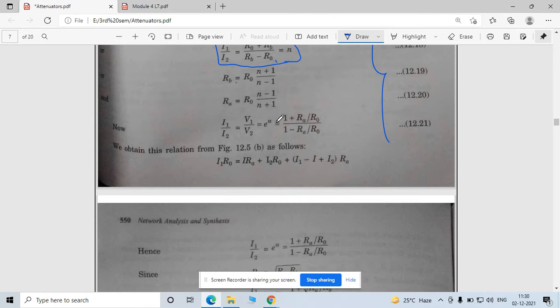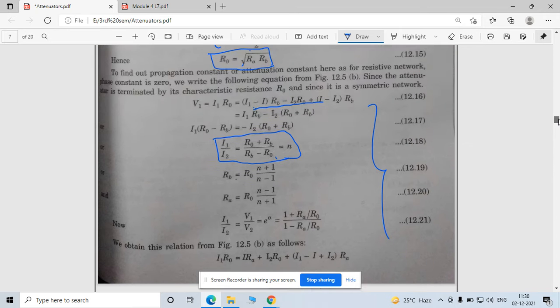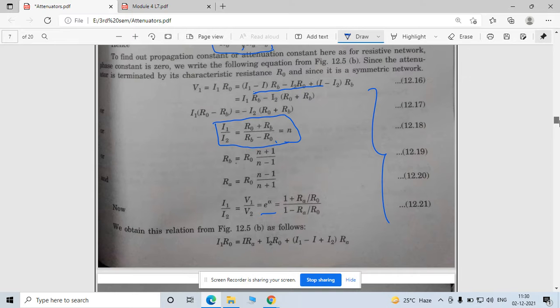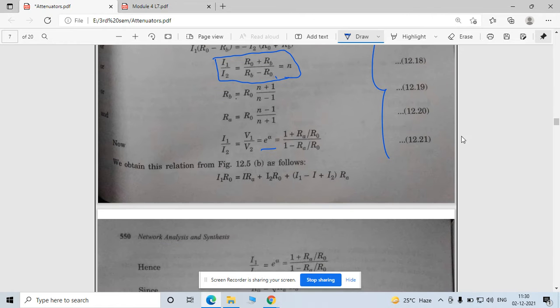Now see here, you can also represent the circuit in terms of your propagation constant, right? So your propagation constant is e to the power of alpha plus beta. Beta, this is a passive network, so no phase difference is here. So the beta term goes to zero. So what is the net value of this? E to the power of alpha. Alpha is here the attenuation constant. Now replace that term with this derived equation, so you will get the value of n, right? This is nothing but your value of n.